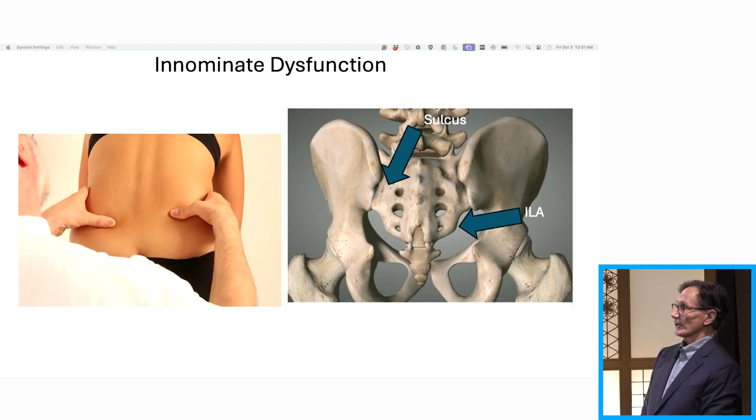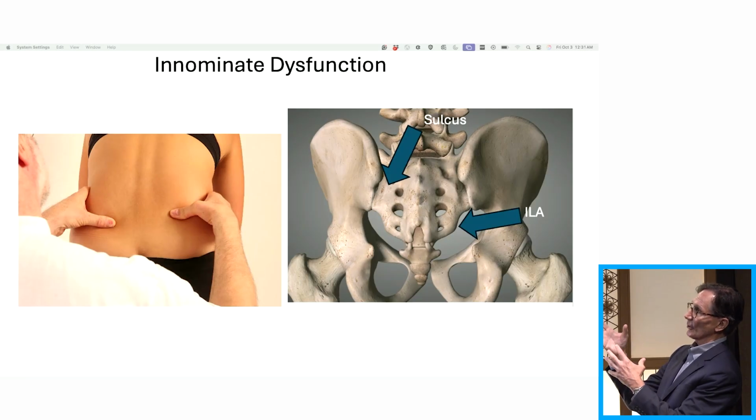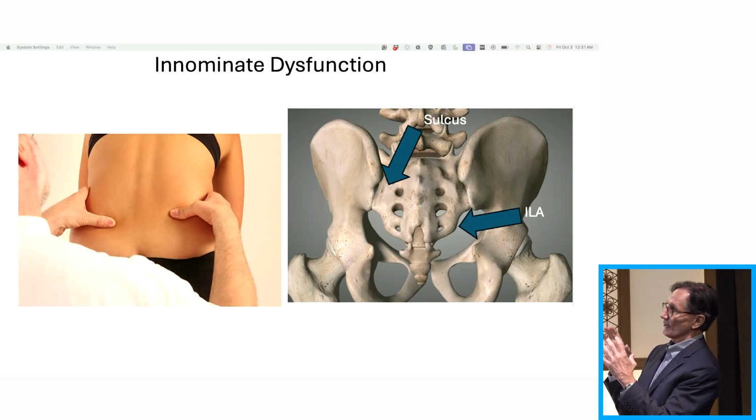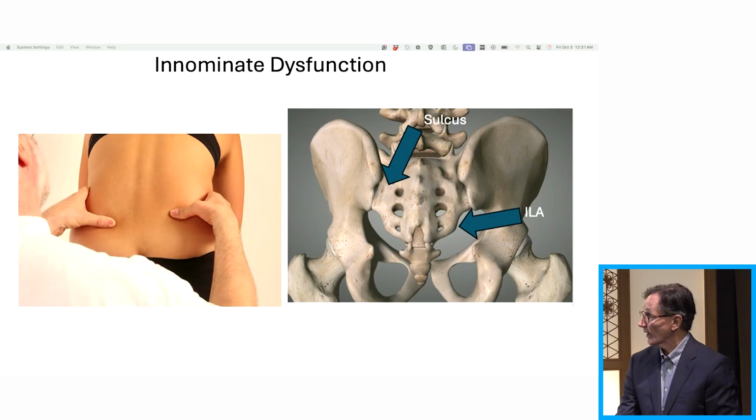Now, for innominate dysfunction, it's really easy. You do a standing test, because in the seated test, you're actually taking the legs out of it and you're just seeing if the sacrum is actually caught. When you're doing the standing position, the whole lower extremity comes into play. So if one side goes up, then you know that's the dysfunctional side. And then all you do is you lay them down supine,